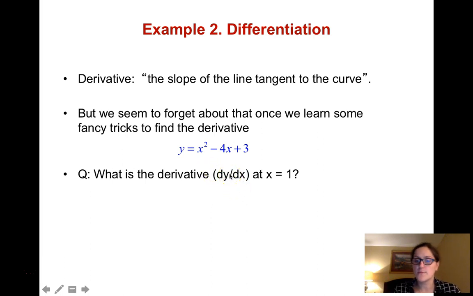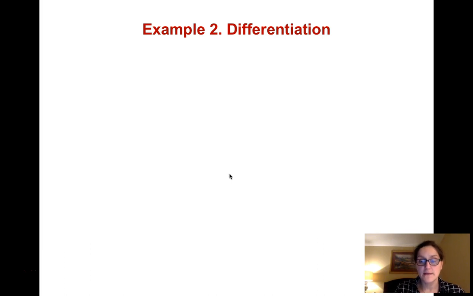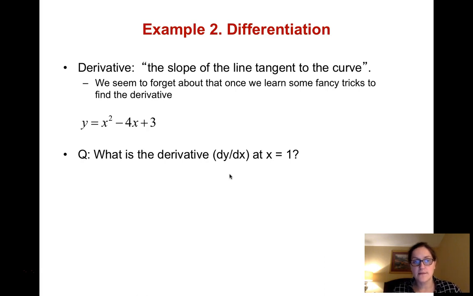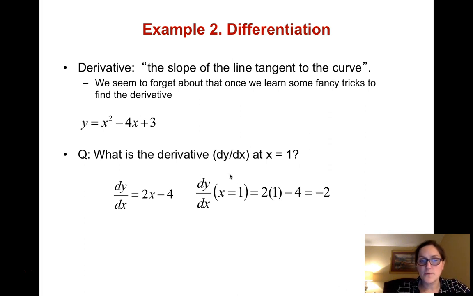If you want to take a moment and sketch this quickly on paper and compute, please do. You can maybe pause the video if you need more time, but I will continue. So basically, dy dx is 2x minus 4. When I evaluate that at 1, that is equal to minus 2.